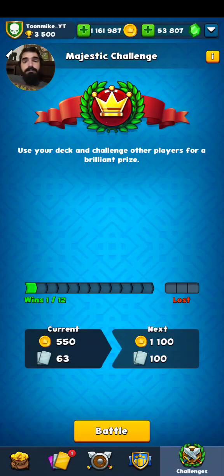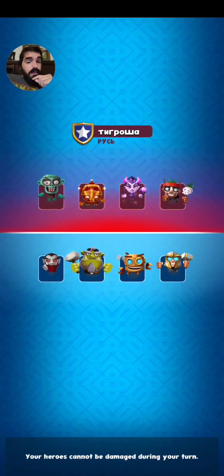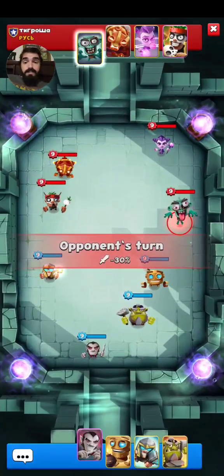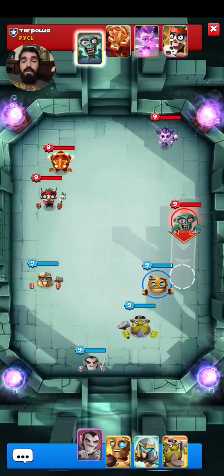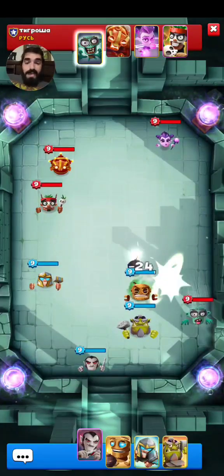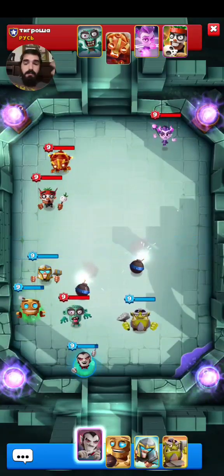Let's continue on. Alrighty, so second match of the day. Let's see, another enchantment deck. Okay, and he is using Armadillo instead of Banshee. Okay, so a little bit dangerous, of course, because he has Armadillo, plus Armadillo works super well against my